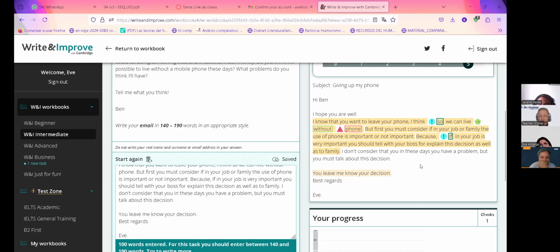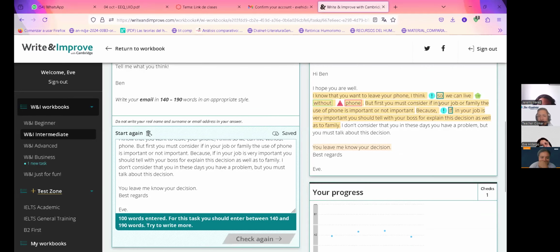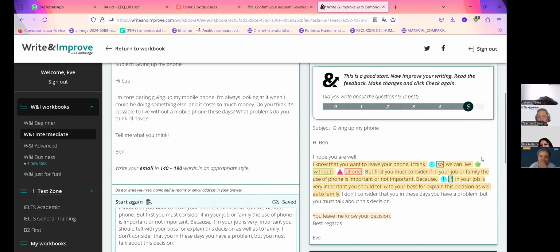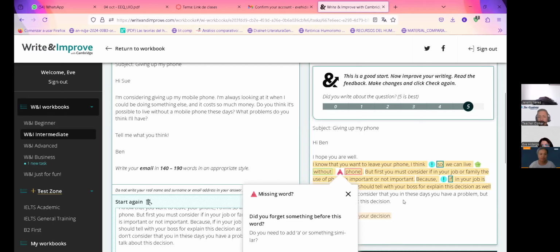All right. I believe the reason why everything is highlighted in yellow is that you need one more space between "I hope you're well" and the next one, okay? I want that you know, I know that you want to leave your phone. I think so we can live without. I think so. I believe it is better to say